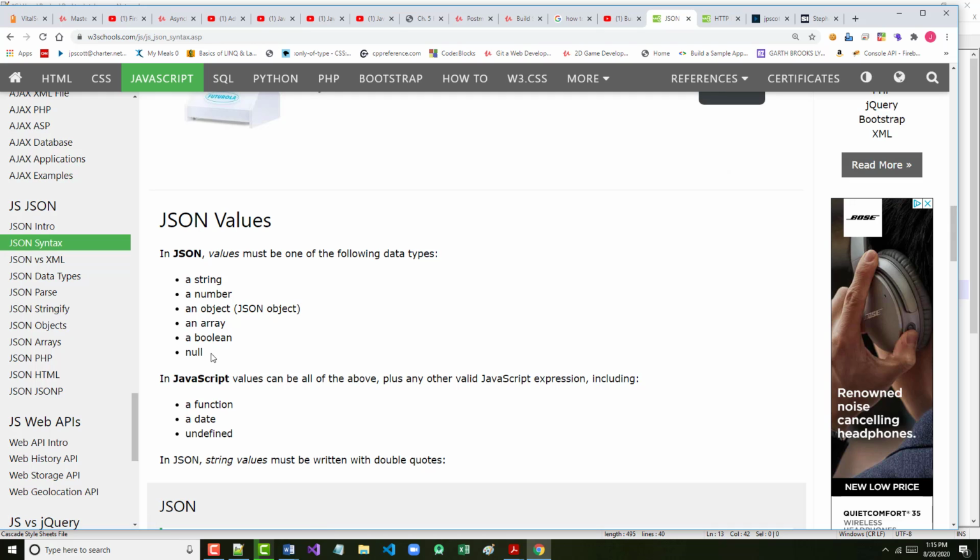All right. And JSON values must be one of the types that are shown there. As you can probably guess, you're not going to use something like null very often. But the other stuff that's in there, when you look at it: string, number, object, array, boolean. Number and boolean are simple objects, right? String is kind of in between a simple and a complex object, but an array and an object, those